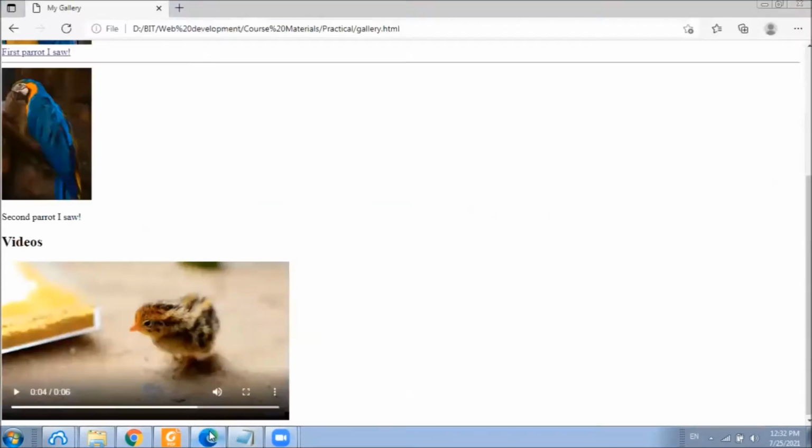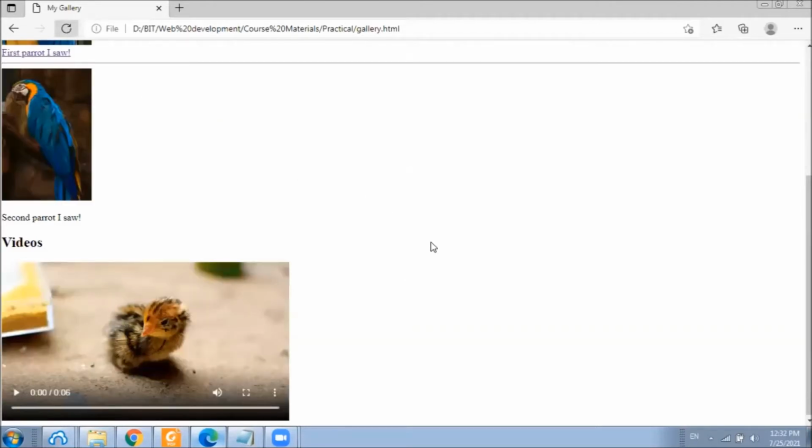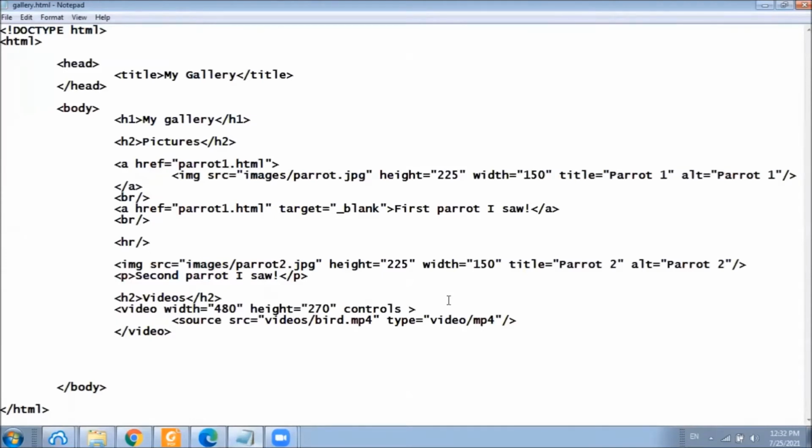For an example, let's assume we want the video to play itself when we load the page. To do that, we shall add the autoplay attribute into the video tag.